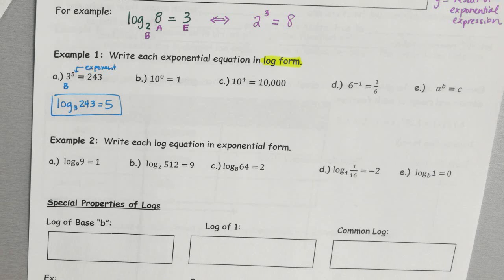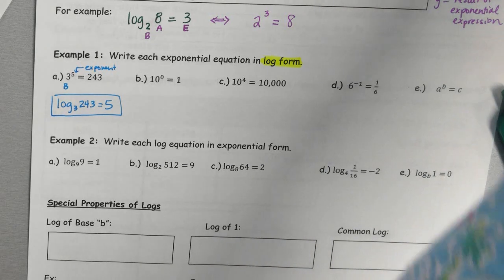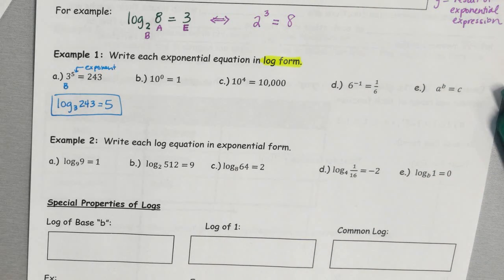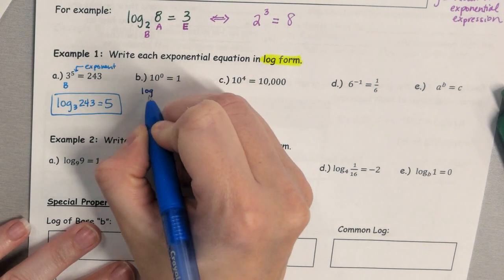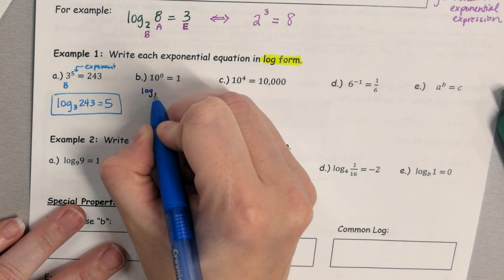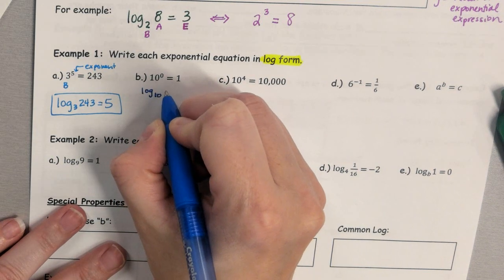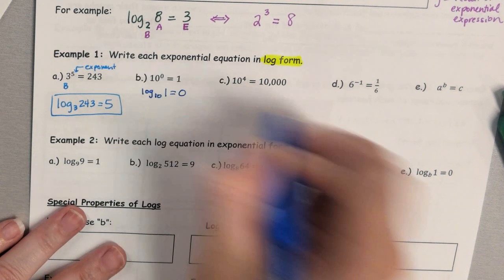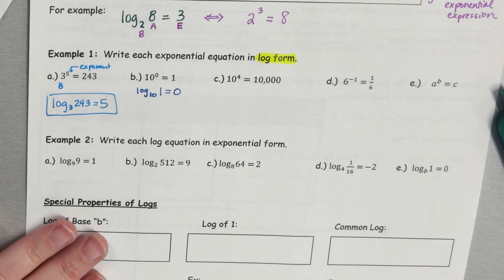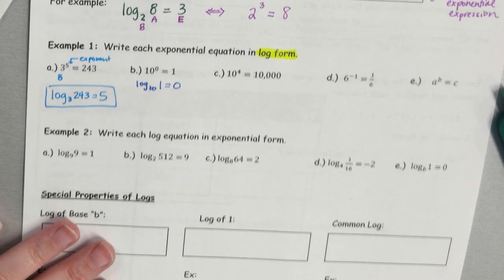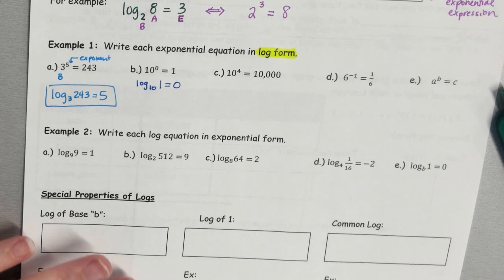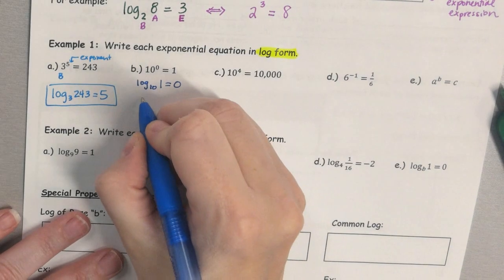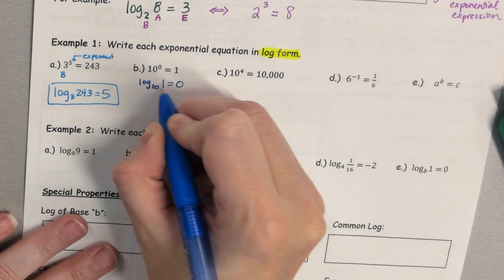Now for B, like I said, I'm going to show you something a little bit different with this. Have any of you noticed that there's a log button on your calculator? Yes, so you have log, this is log base 10 of 1 equals 0. The log on your calculator that you see is base 10. This is a special log. It's called the common log. So the way that you are going to write this,